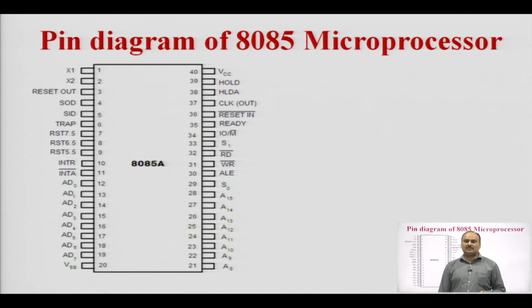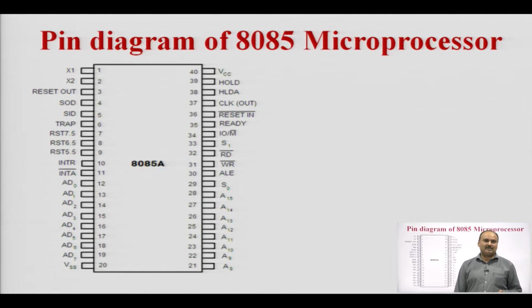A crystal oscillator of about 6 megahertz clock frequency is connected at pin number 1 and pin number 2 of the microprocessor. The internal circuitry of the microprocessor consists of LC and RC circuits, which divide the clock input frequency of the crystal by 2. The resulting frequency is 3 megahertz. This 3 megahertz clock input frequency is used for the operation of the microprocessor. The higher the frequency of the microprocessor, the higher the speed of operation. So, if the clock input frequency is higher, the processor will be faster, because it is directly related to the clock input frequency.